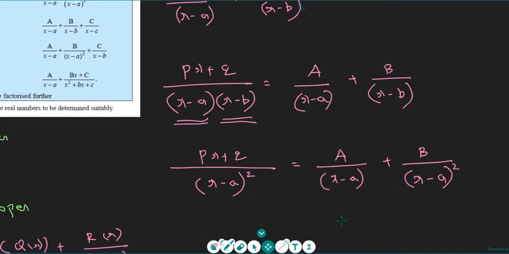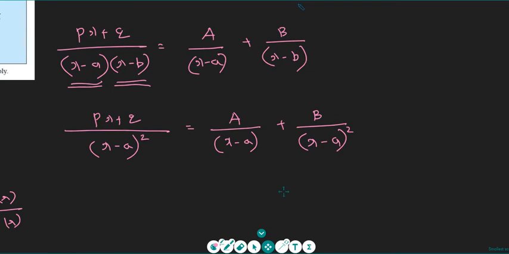What is our question now? Suppose cube. Very good, that's a good question. If cube comes, you have to give one more constant, plus c divided by x minus a cube. Easier. You have to start off with the lowest degree and increment the degrees by 1 by 1. Since this is x minus a whole square, I'm just stopping here, or I'm erasing here.